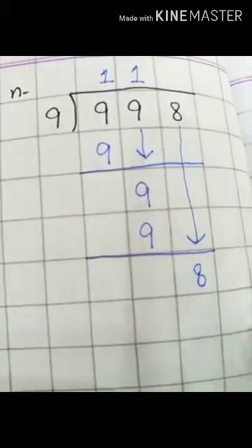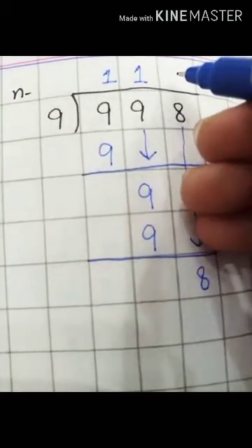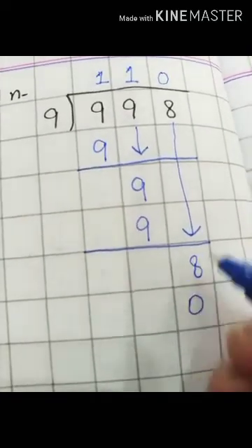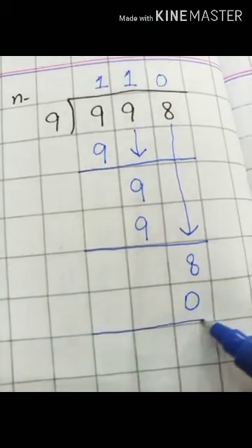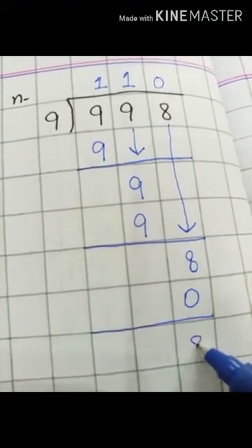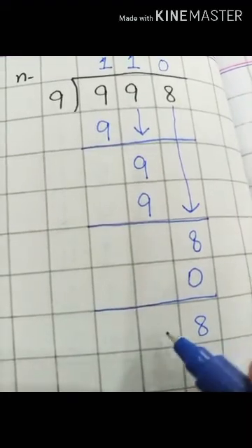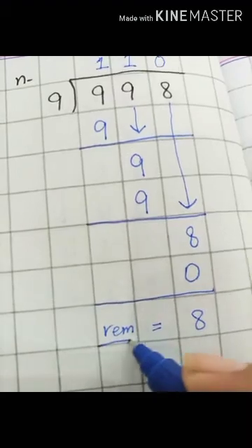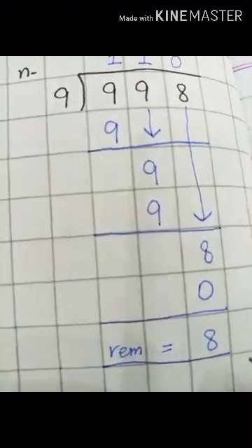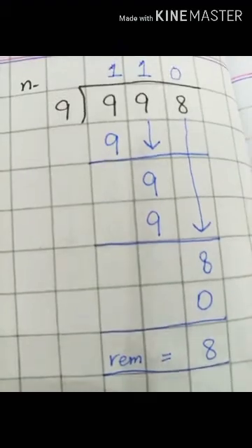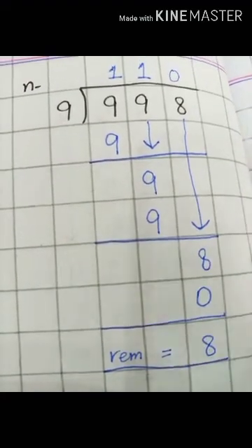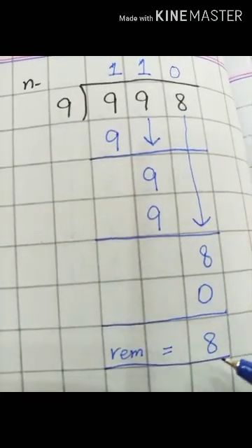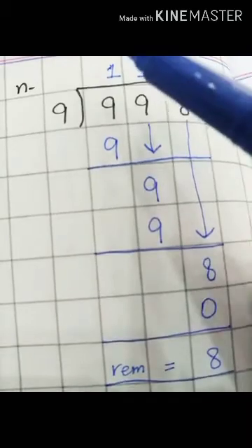So students, 9 1s are 9, but we can write it as 9 zeros are 0. So I am writing it here, 9 zeros are 0. Next step is subtraction. When we subtract it, the number will remain the same. Now this number is our remainder. Students, you can't write a part of our dividend as a remainder by taking it as unattended. If you are going to solve it and divide it further, then this will be your remainder. Okay, so our quotient is 110.